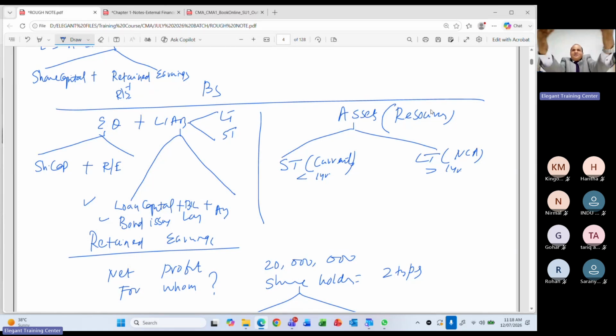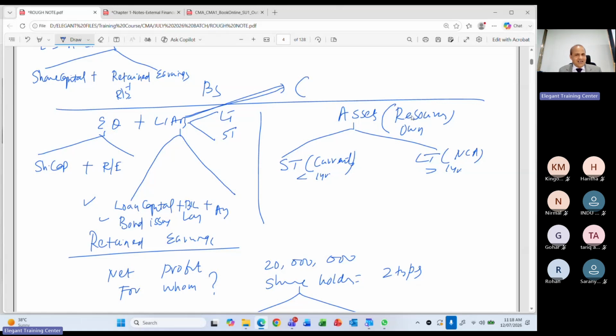Mine, this is mine. My asset. What you own, OWN. Whatever you own are your assets, and those assets are going to give you future benefit. So assets are resources. Now coming to liabilities. Rohan, thank you. Tell me, what is the liability definition? Liability, anything payable, like what we have taken.